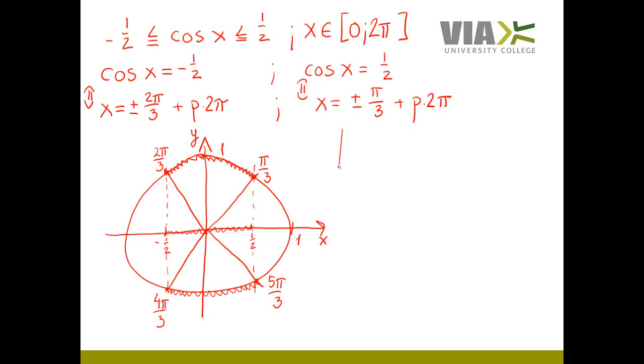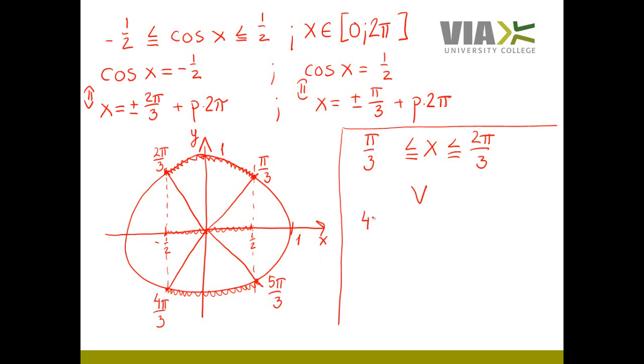Alright, so let's try to note it up. We see that in order for cosine values to be in between negative half and a half, then x has to be greater than or equal to pi over 3 up to 2 pi over 3, or in between 4 pi over 3 and 5 pi over 3. So